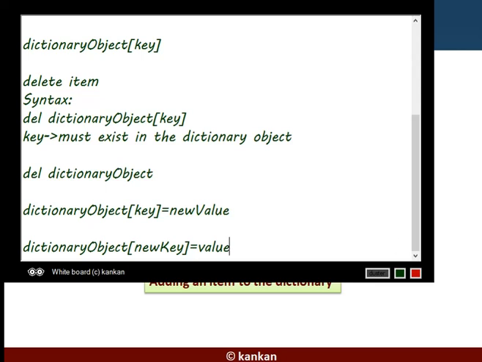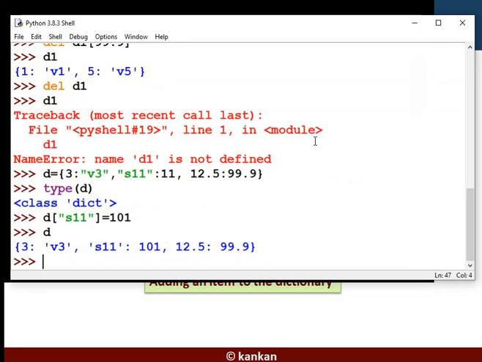Okay, so let's try it in code. I have mentioned a new key 20 here, because it does not exist in this dictionary, and the value is value 20 new.